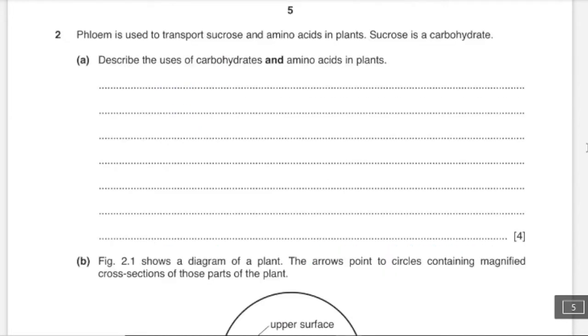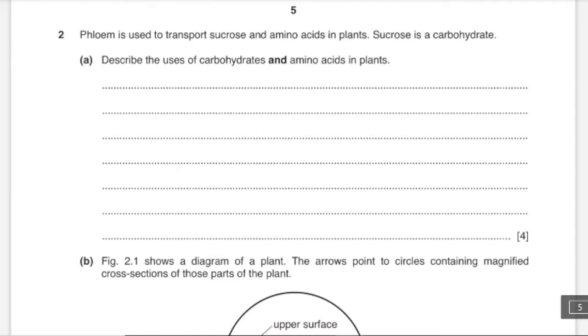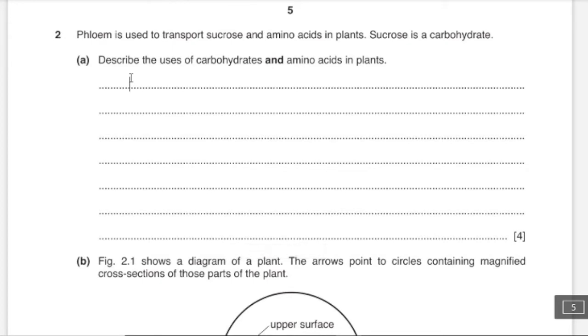Okay, question number 2. Phloem is used to transport sucrose and amino acids in plants. Sucrose is a carbohydrate. A. Describe the uses of carbohydrates and amino acids in plants. Alright, so carbohydrates have many uses, and some of them can be in respiration,